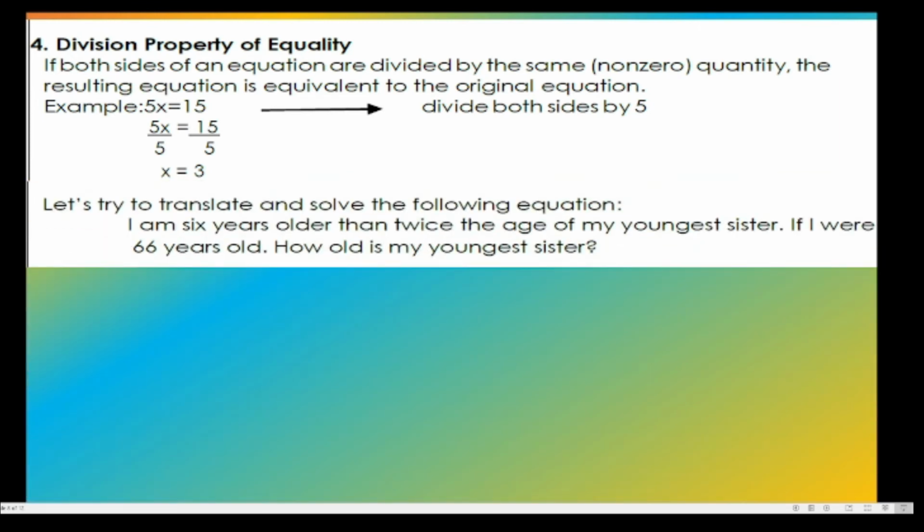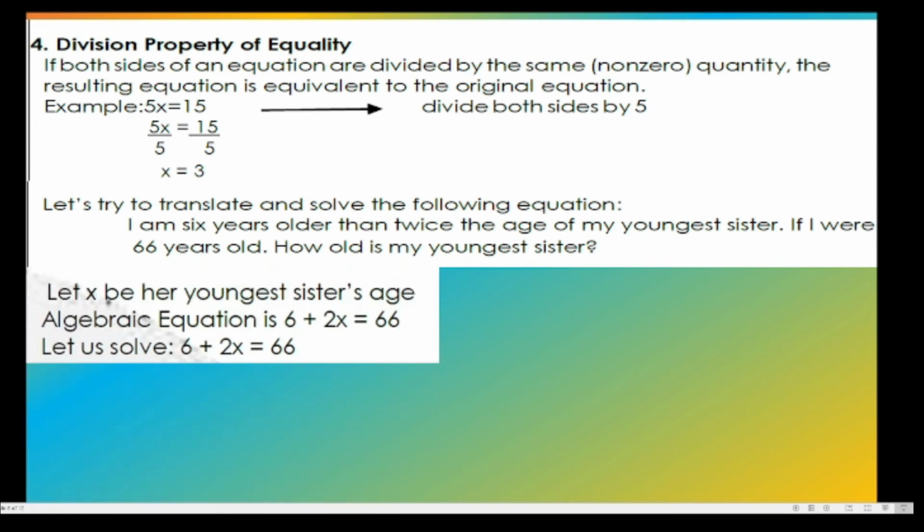So let us try to translate and solve the following equation. I am 6 years older than twice the age of my youngest sister. If I were 66 years old, how old is my youngest sister? So let x be her youngest sister's age. The algebraic expression is 6 plus 2x is equal to 66,